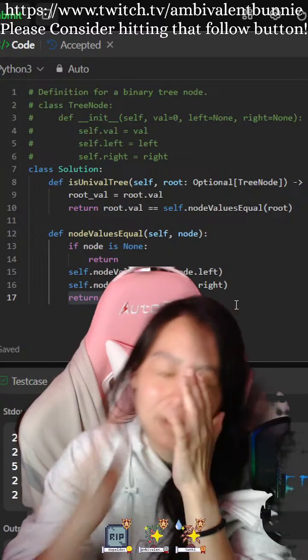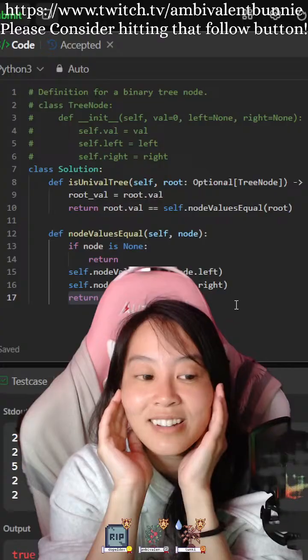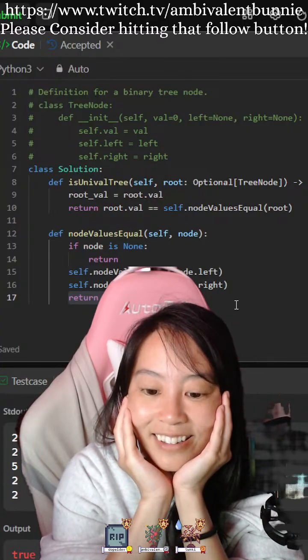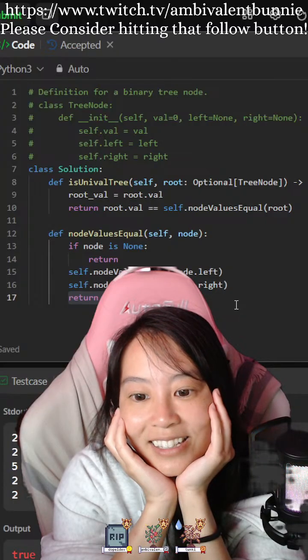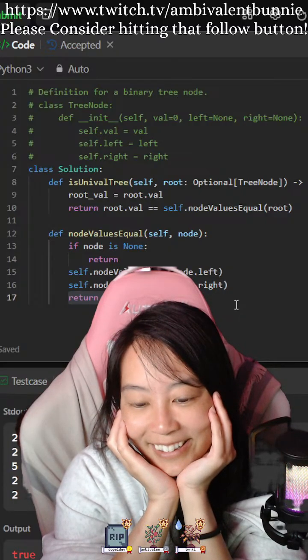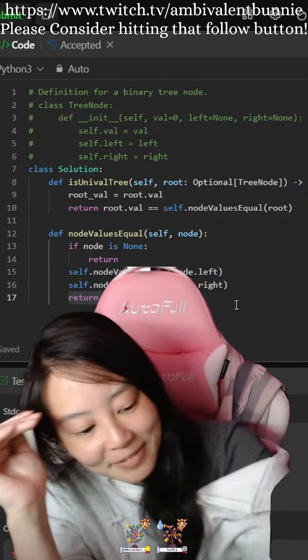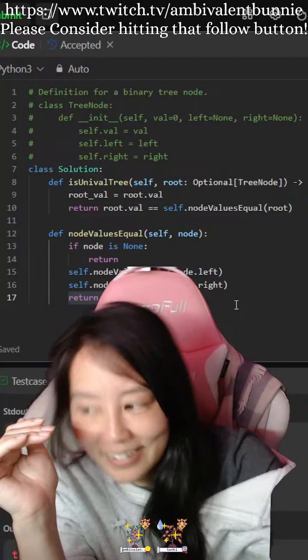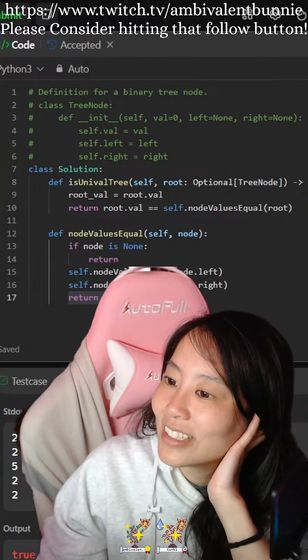Okay. So my code is traversing correctly. However, it is not returning correctly. And I don't know why. I really don't. Oh my god.